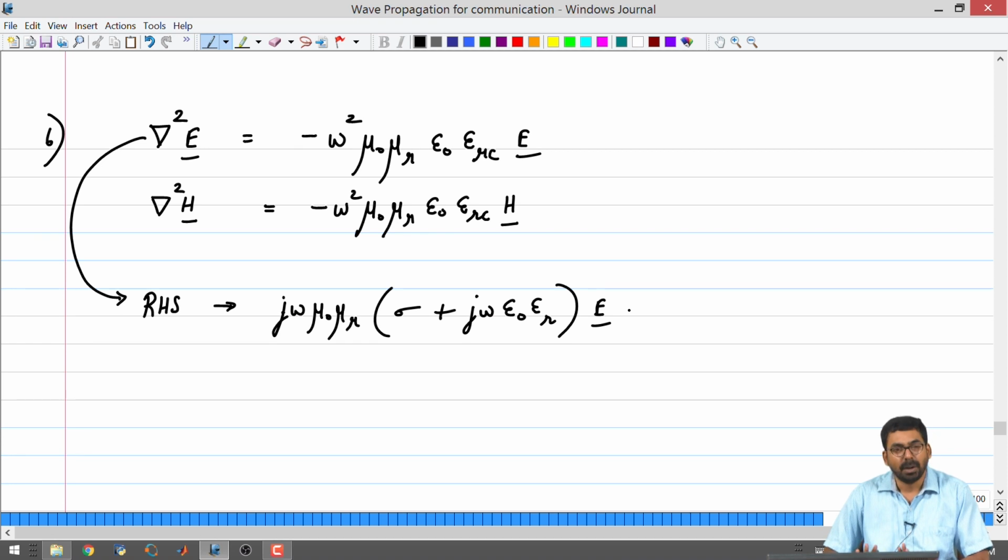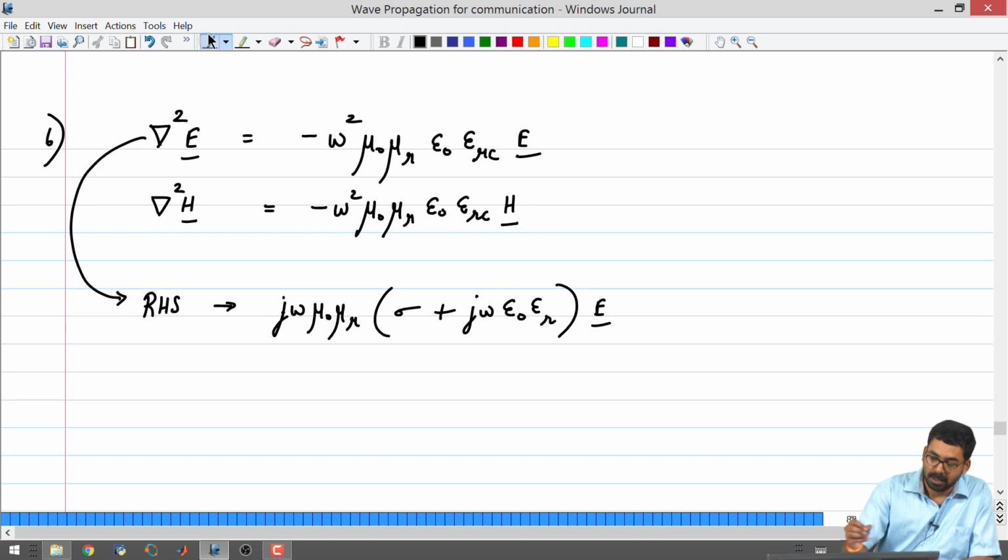This is just to say that you can always separate terms, you can always rearrange it, right. You can take some common terms out, but this I believe is hard to remember for the students. It is easier to just remember this, right. So, if you remember this and later on if you want to substitute for epsilon RC, you could always do this and rearrange, it is not a problem.